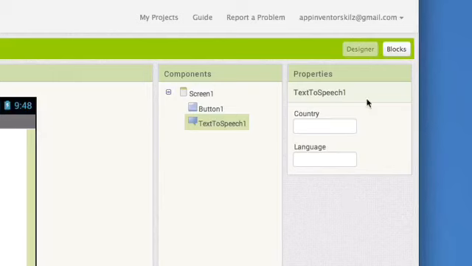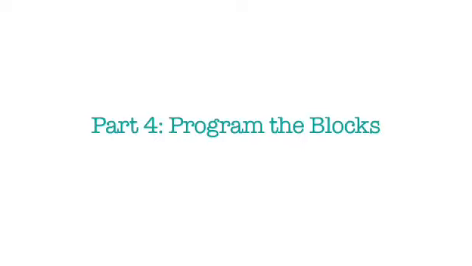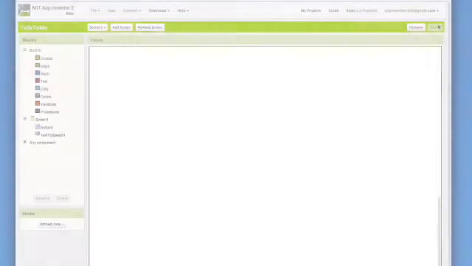Now that we have set the components for our app, we need to specify what the components should do. For that, we need to click on Blocks. Click here and now you are in the Blocks editor. The Blocks editor is where you click blocks together to set the behavior of your app.